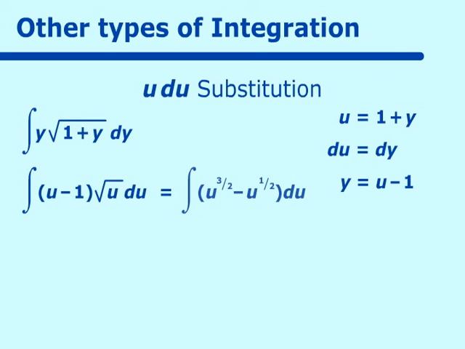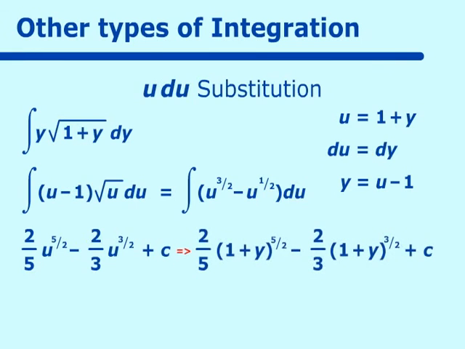Integrating this, we get u to the 5/2 times 2/5 minus u to the 3/2 times 2/3 plus some constant. Go on and substitute back in our 1 plus y for u, and we get 2/5 times 1 plus y